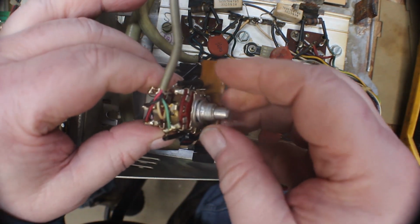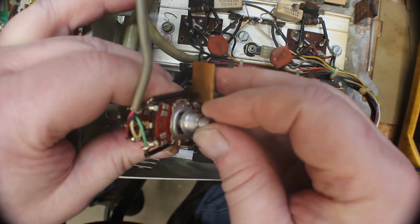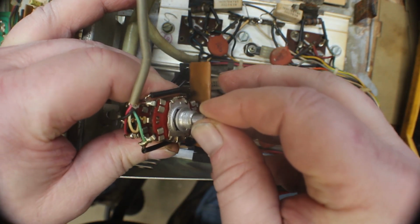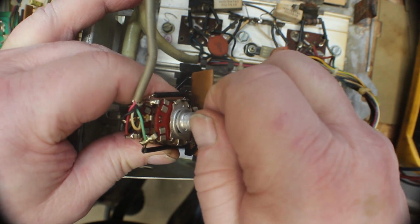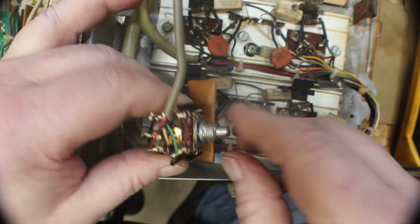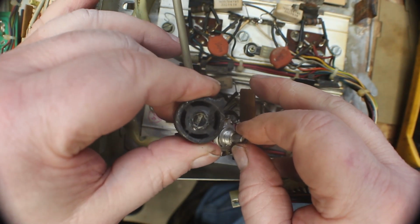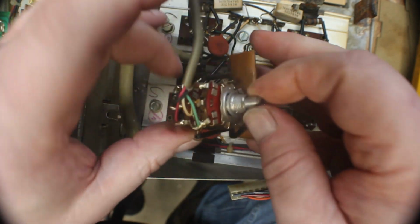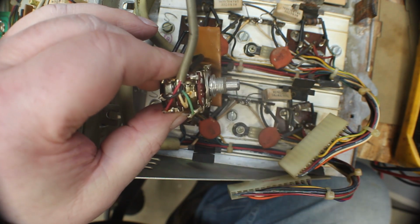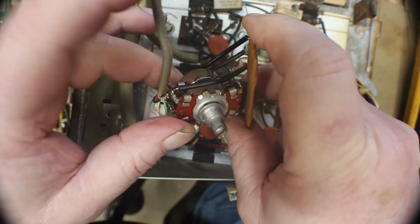Now, on our volume control, when I took this apart, or took it out, you can see that this volume control is all squirrely in here. And I'm wondering if it, you know, wasn't making contact because it was off center or something. Somebody has taken the volume control knob off of it and then has glued it back on. And when they pulled the knob off of it, you can see the big gap that's left in the control. I don't know if this would have anything to do with it or not, but